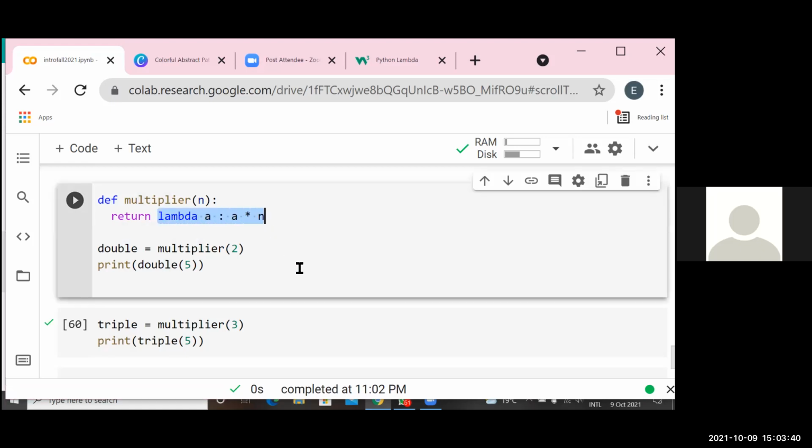If I enter the function and enter n is 2, it should return that I need an argument a, and the expression is that a needs to be multiplied by 2.